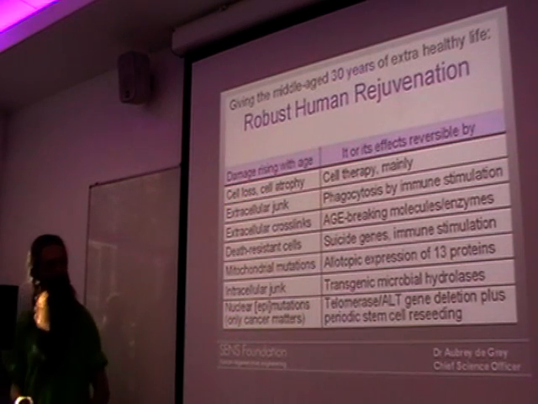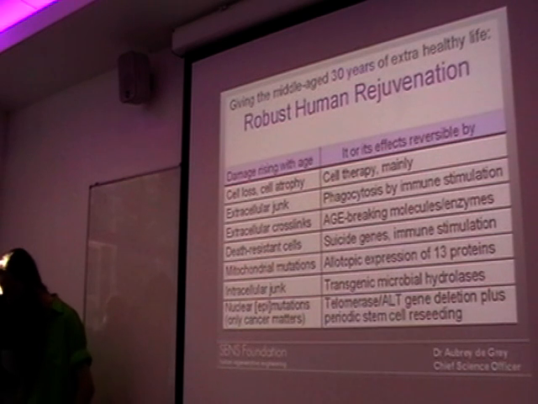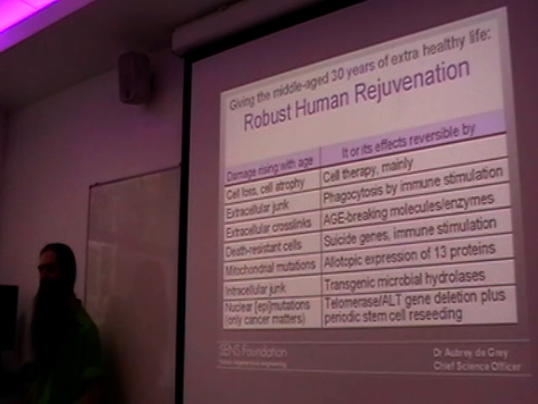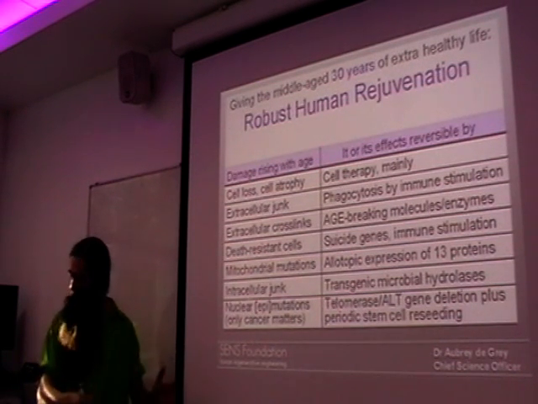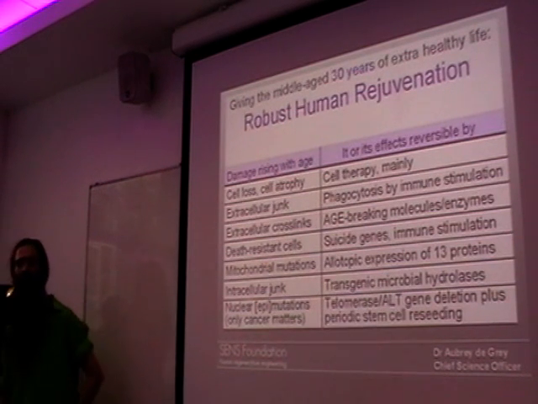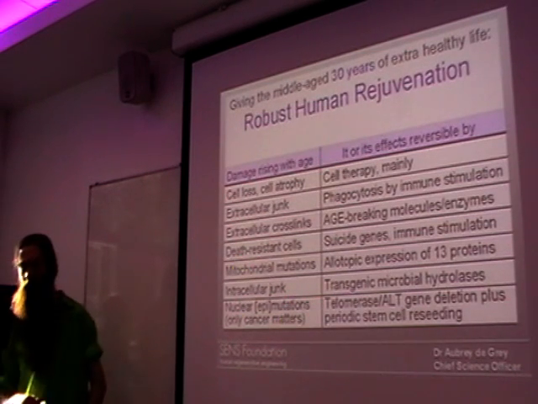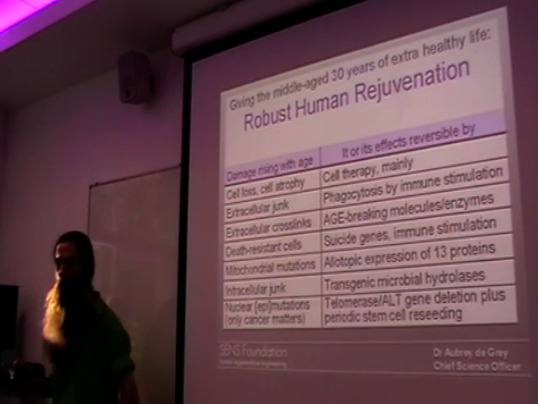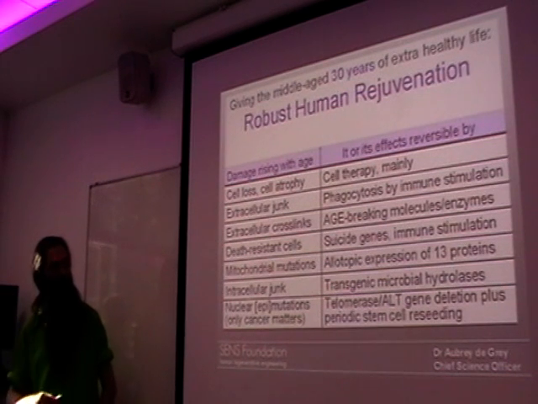But on the left is the classification that I have been describing for some time now of the various types of damage. All of the things that actually qualify as damage, the various molecular and cellular phenomena that are caused as ongoing accumulating side effects of metabolism, and that we have some reason to believe eventually contribute to age-related ill health. 7 different categories. Each of these categories is a large category, don't get me wrong. There's lots of things going on within each of these categories, but it's a useful classification,